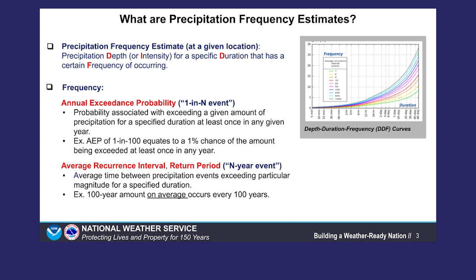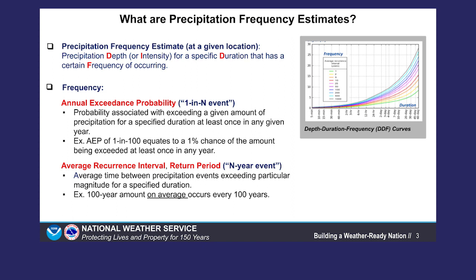Frequency can be described in terms of an annual exceedance probability or average recurrence interval. The annual exceedance probability, or AEP, is a probability associated with exceeding a given amount of precipitation for a specified duration at least once in any year. For example, an AEP of 1 in 100 equates to a 1% chance of the amount being exceeded at least